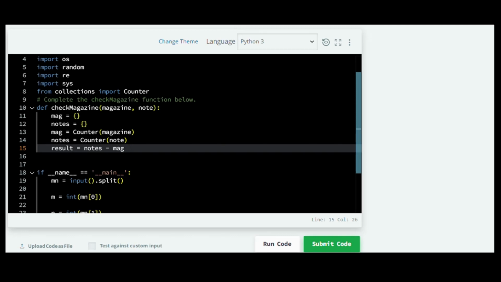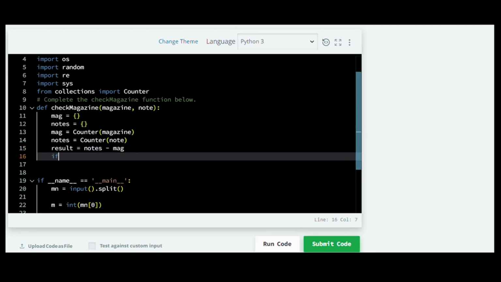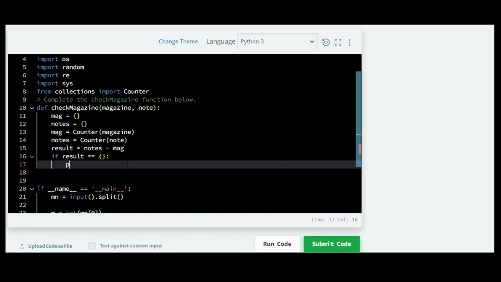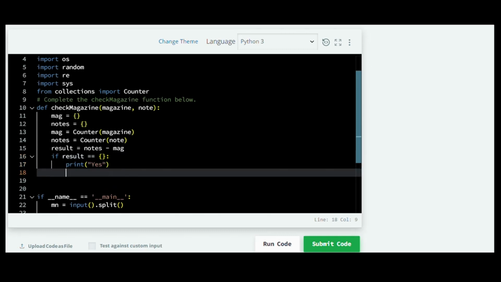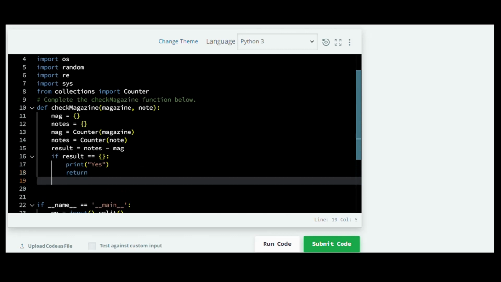Now that we have result, finally we return the answer: if result is empty, then print yes, else print no. Over here instead of else I use return, because if it prints yes, then anyway it's not going to execute this line over here.